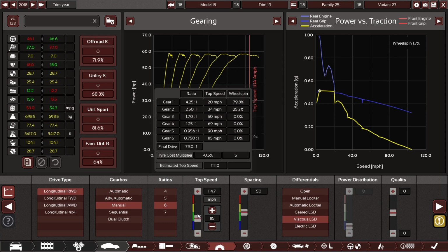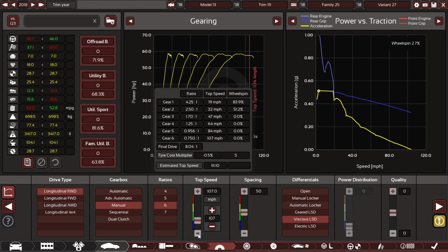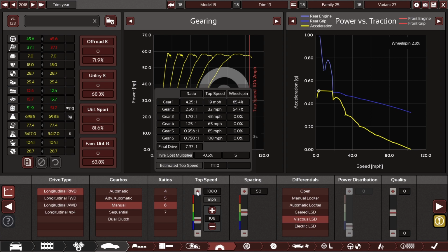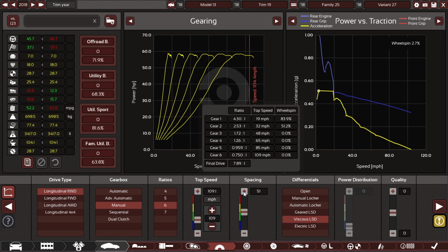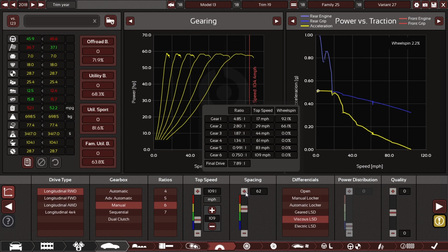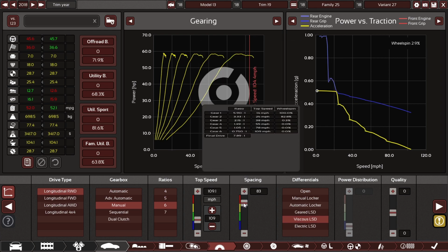Now, because of what this car is, I'm going to tighten up the gears just to make sure I can get every bit of speed from it. I mean, I'm treating it like a real sports car. Just because it might be a Kei car is no exception. I'm treating this like a real sports car. It may only do just a shade over 100 miles per hour, but that is no excuse to be slow around the corners and slow everywhere else. Slow for acceleration, for example. So 105... No, 10.5, sorry, that was the acceleration. 10.6...